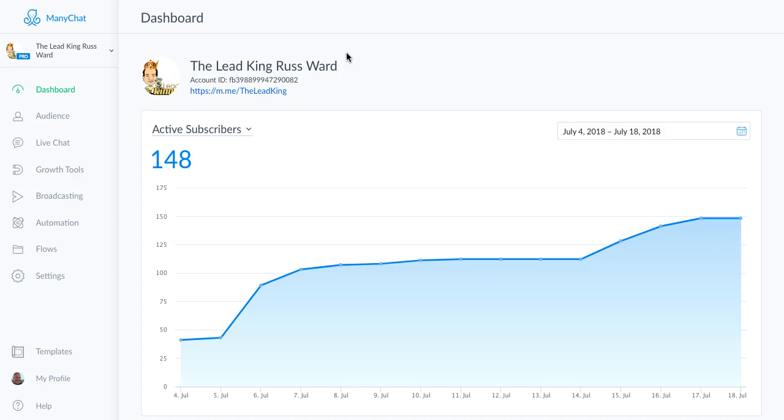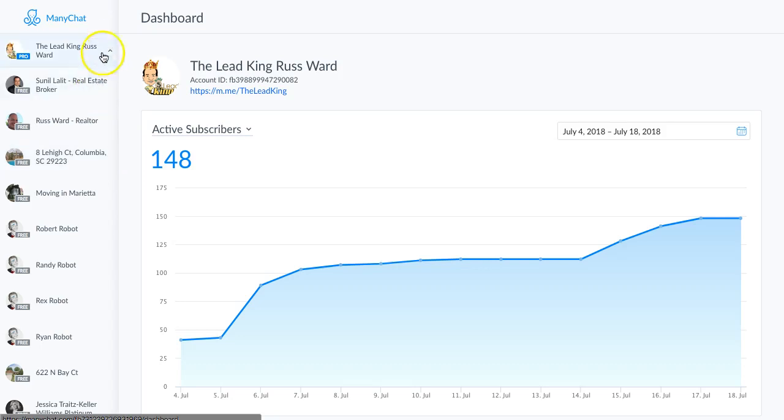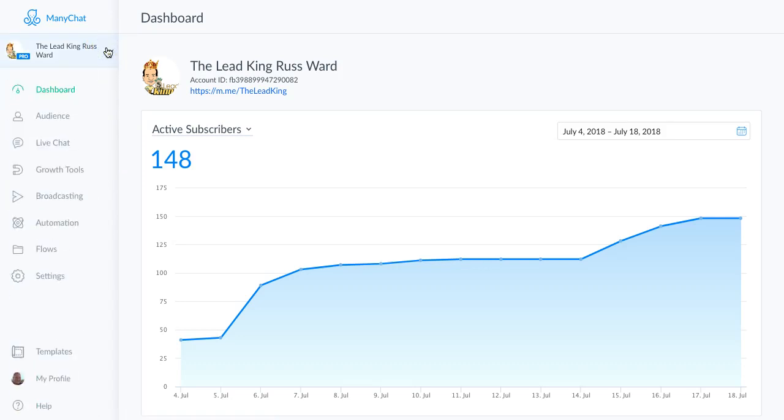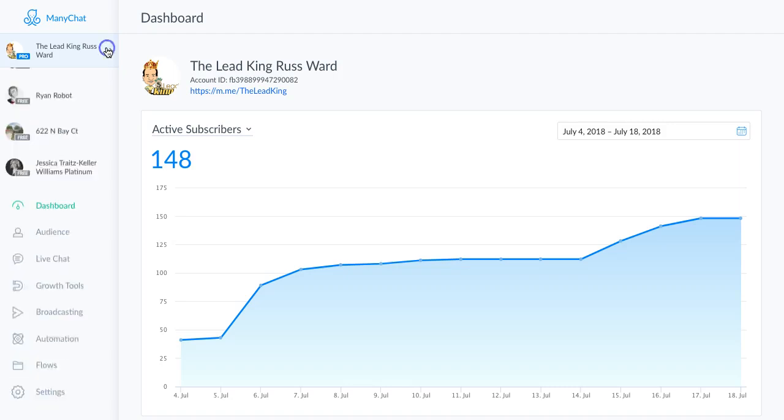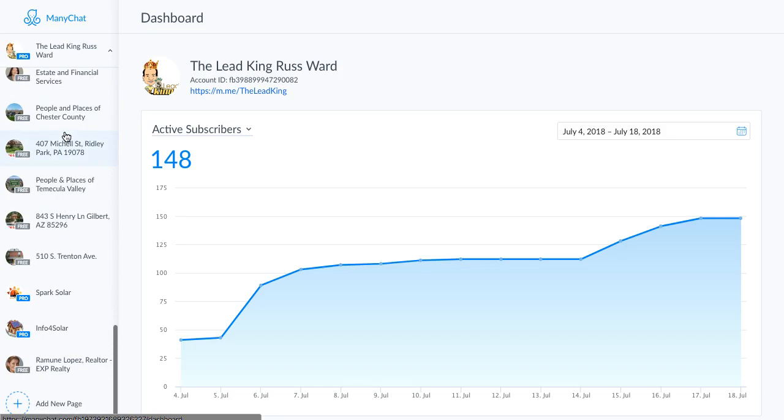And once you're in there, you're going to see over here all the accounts that you manage. You can see I manage a whole bunch of accounts. What I'm going to do is share a link to myself so I can use it on this realtor's account. And once you have a template that you're working with, you can share it to yourself for all the future people that you work with as well. So I was just making this one this morning, so I'm going to share this one,